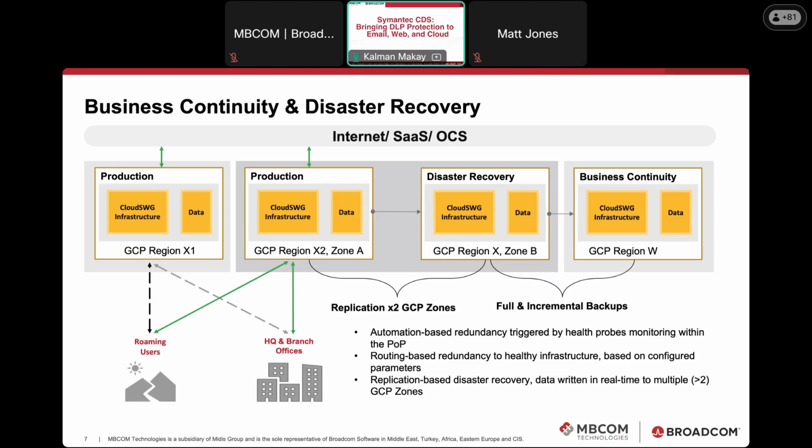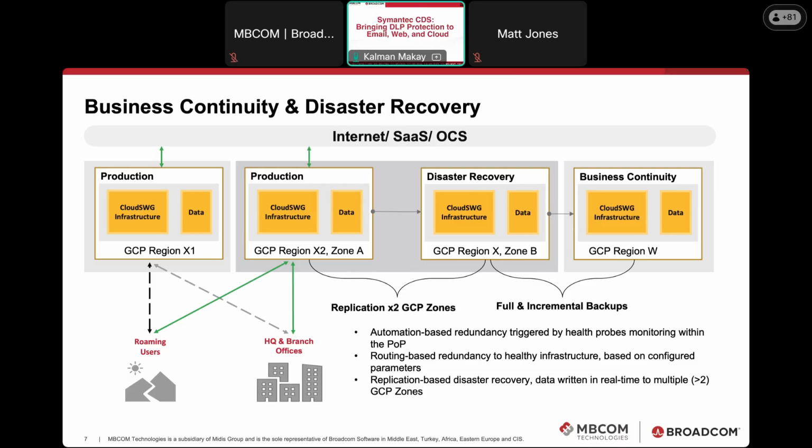Google is continuously developing the number of data centers, and they are creating multiple production environments, which means that if the primary site is not working, then they automatically switch to the secondary data center or secondary production